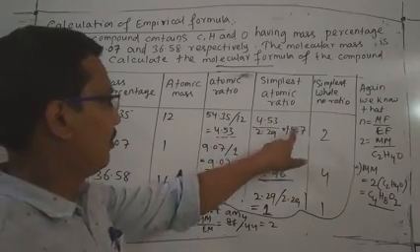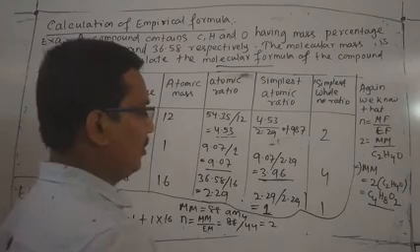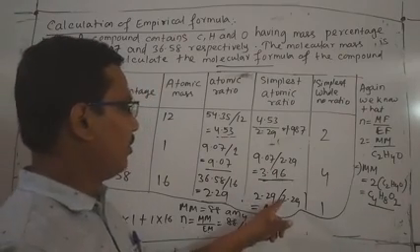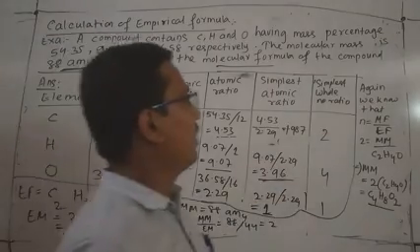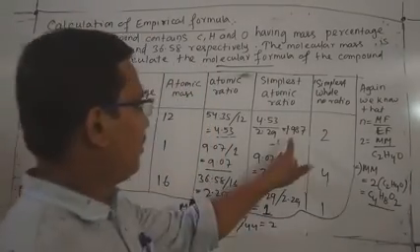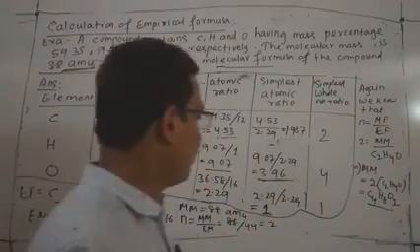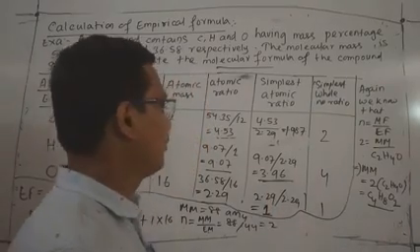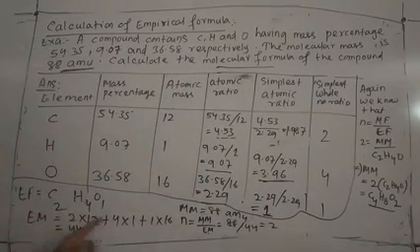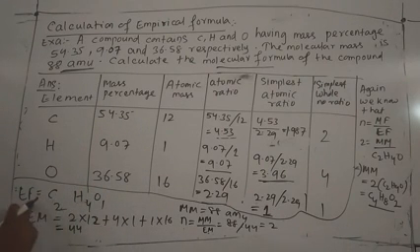4.53 divided by 2.29, that is 1.987. 9.07 divided by 2.29, that is 3.96. 2.29 divided by 2.29 is 1. Then it is converted into the nearest simplest whole number ratio. 1.987 is converted to 2, 3.96 is converted to 4, and 2.29 divided by 2.29 is converted to 1. Then write down, with the help of these values and the elements list, you can calculate the empirical formula C2H4O1.